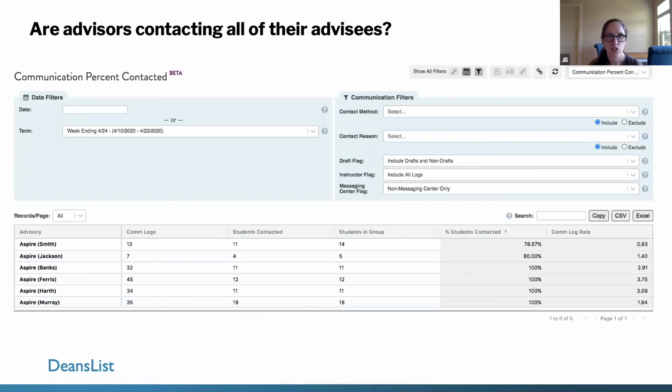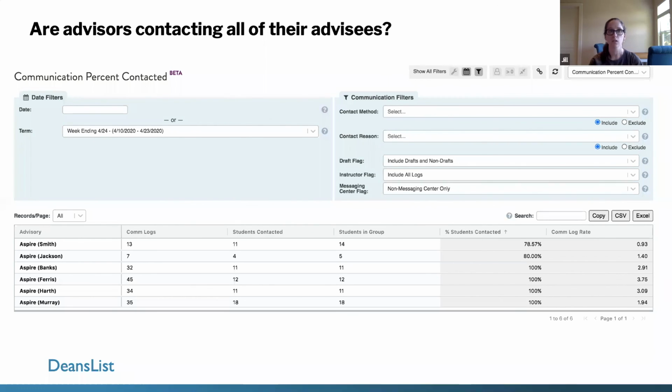So for the next question, are advisors contacting all of their advisees? In this view, you can see the percentage of advisees each advisor has contacted in a time period. Some framing here could likely be helpful, especially if this data is coming from school leaders. So even saying something like, we want to make sure that all advisees are receiving calls every week. If you're struggling to contact your advisees, please let us know how we can support you, or reach out to others who you can see are doing really well with this for advice on how they schedule their calls.